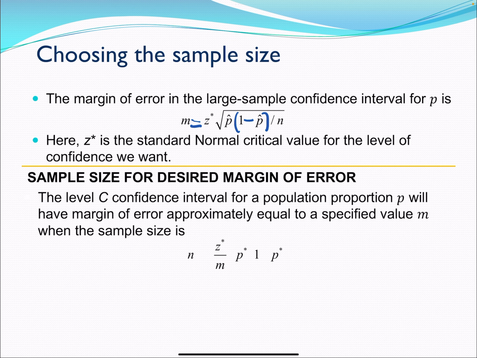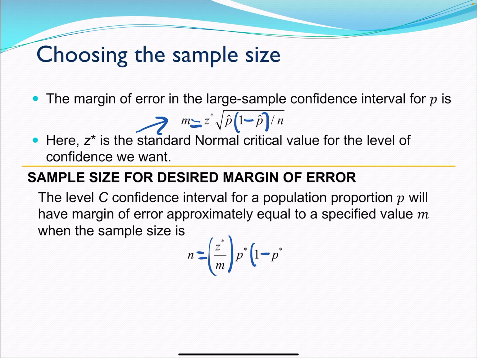So the level C confidence interval for a population proportion P will have a margin of error approximately equal to a specific value of m. This tells us our m, but if we want to pick our m, we need to pick a bigger sample size. So we take our z critical divided by m, squared, times p star times 1 minus p star,